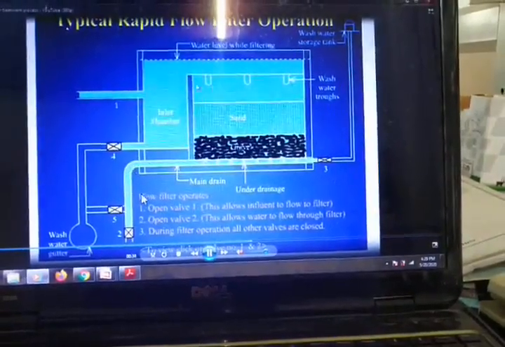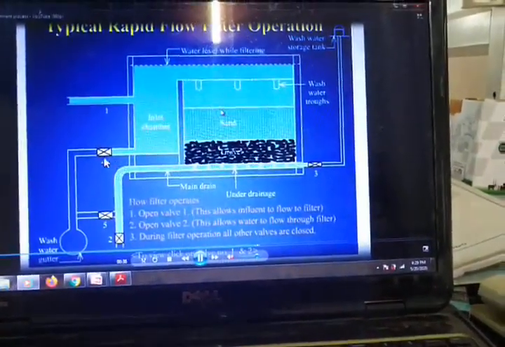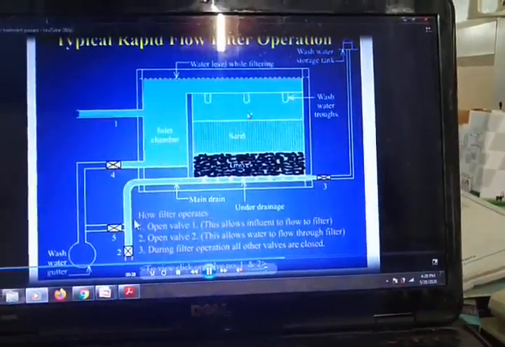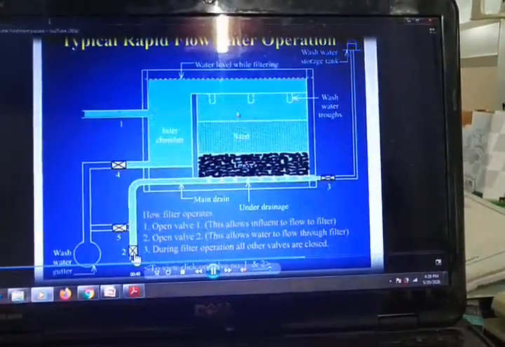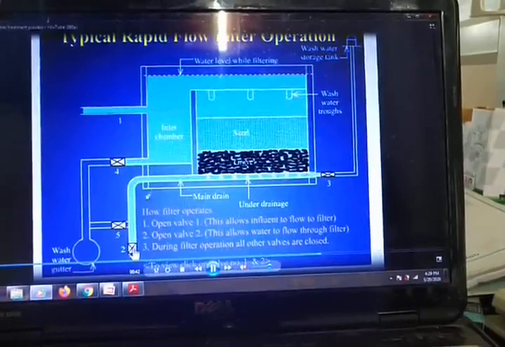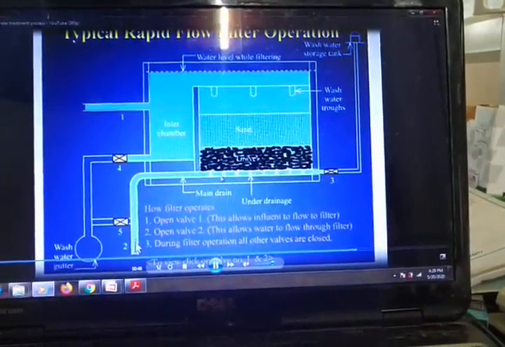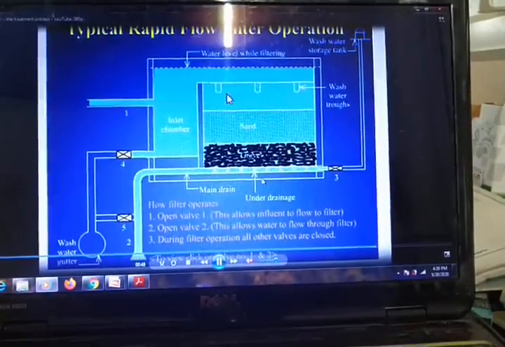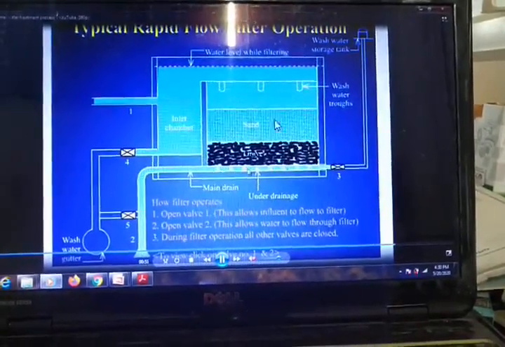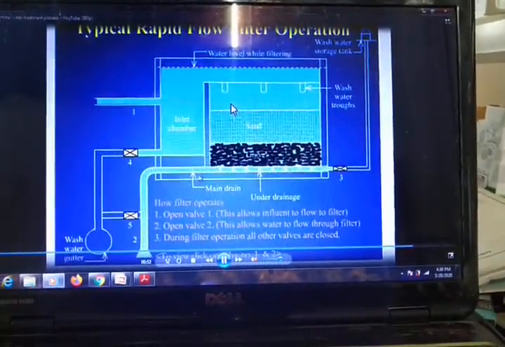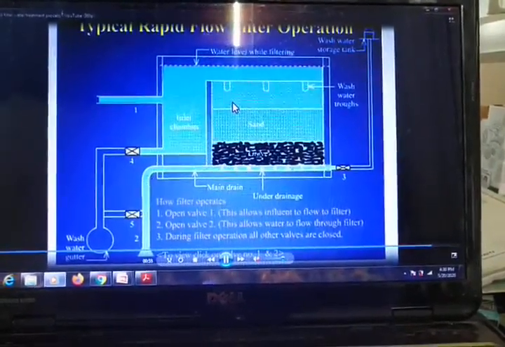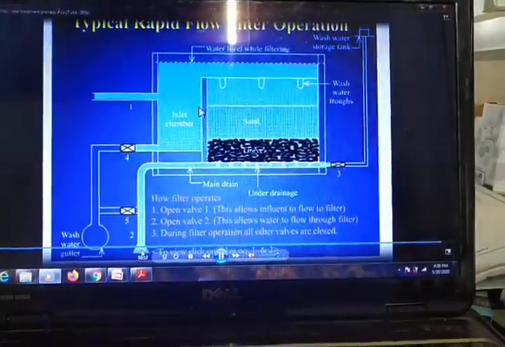Okay, as you can see here, there is no formation of the dirty skin layer, unlike the slow sand filter, because the rate of filtration is very fast. And this is the sand, and this is the valve V2 through which the central manifold, that is the under drainage system with the lateral drains with the perforated pipes here. Then treated water is taken, and it is taken to the next level of the treatment here.